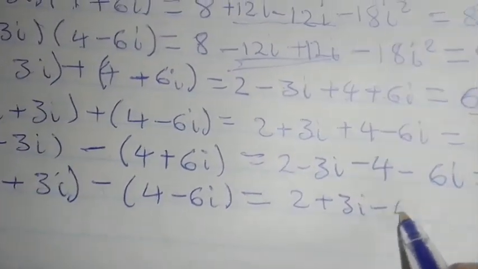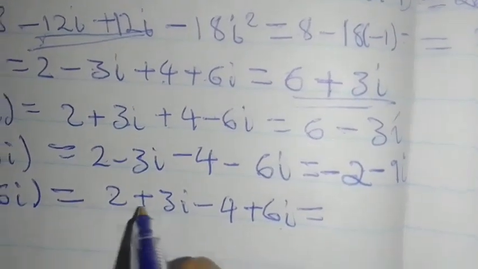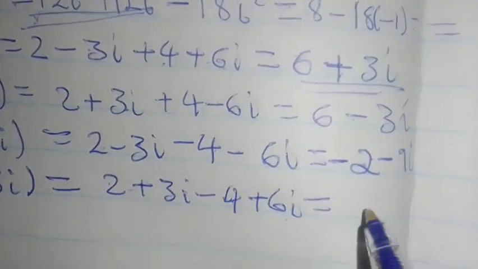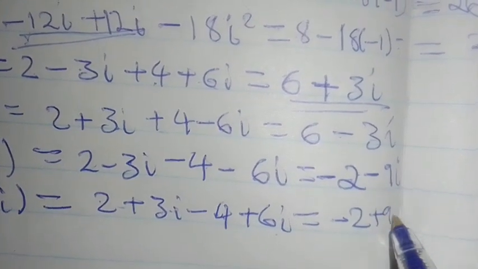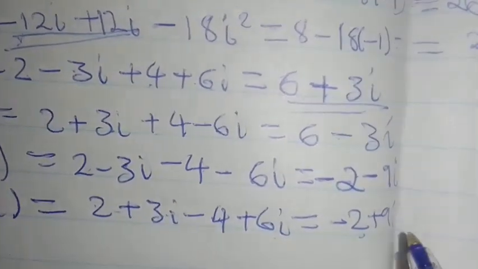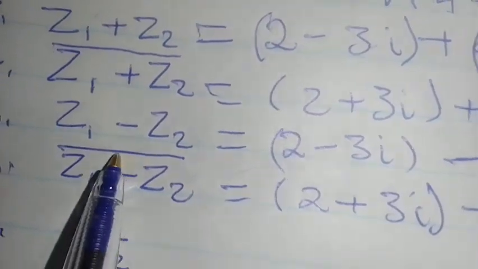You'll have minus 4 plus 6i. And then you'll have 2 plus 2 minus 4, which is minus 2. And 3i plus 6i, you're going to have plus 9i. Notice that it's the same as the conjugate of that. It's just the conjugate of that. So when you have a difference like this, or a sum,